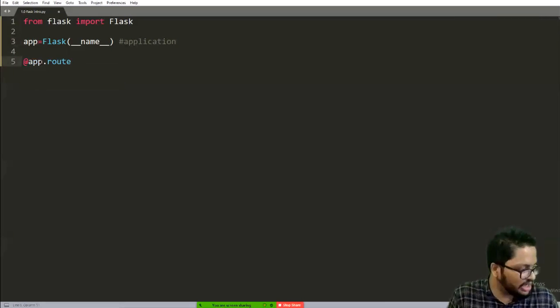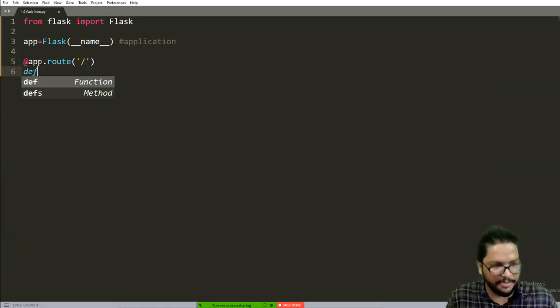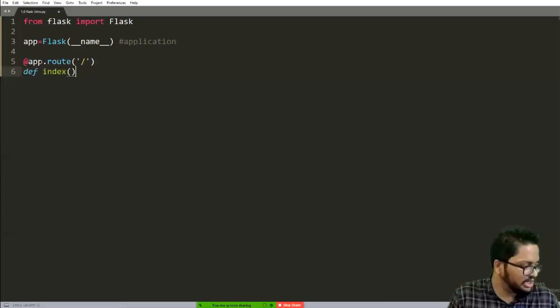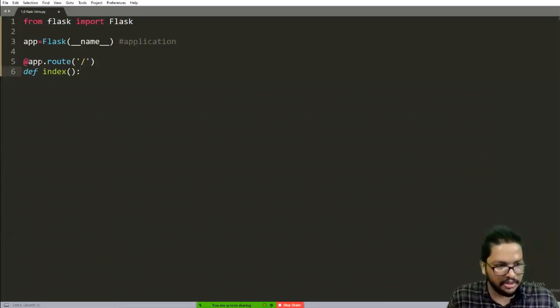A route is basically a URL, right? After app.route, you always have to provide a Python function like this, and then you can do whatever you like inside this function. I will explain. So then let me, okay, print,